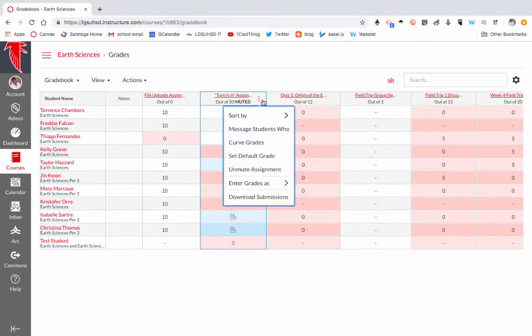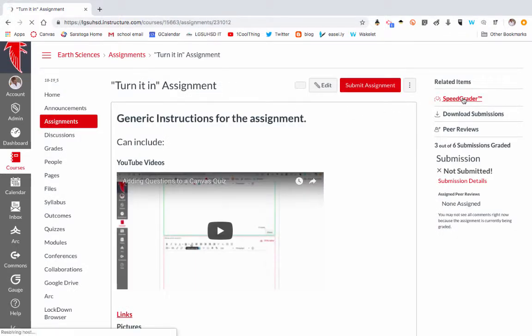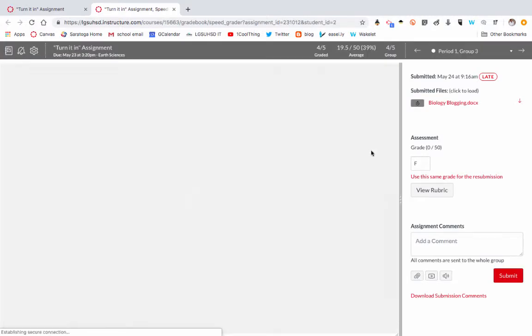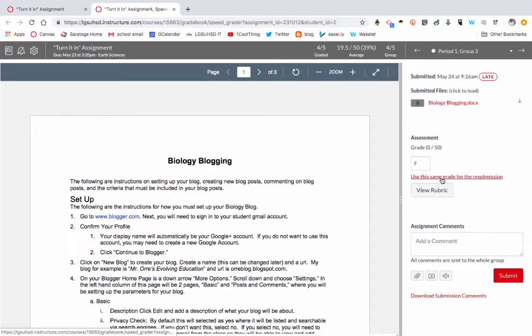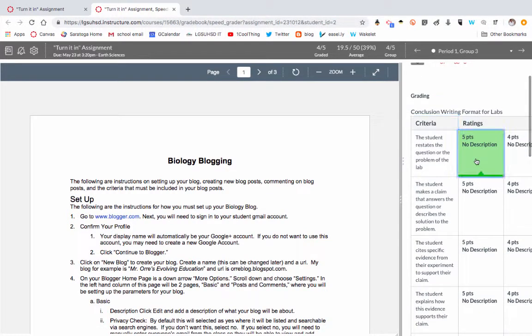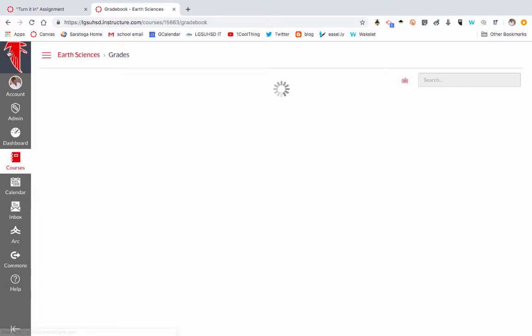If you also go to the assignment and go to SpeedGrader, this is another way in which you can grade. And if you are using rubrics, you can also use the rubric to do some of your grading. So that's just a little overview of the Canvas Gradebook, which you can also return to from SpeedGrader by clicking on this little